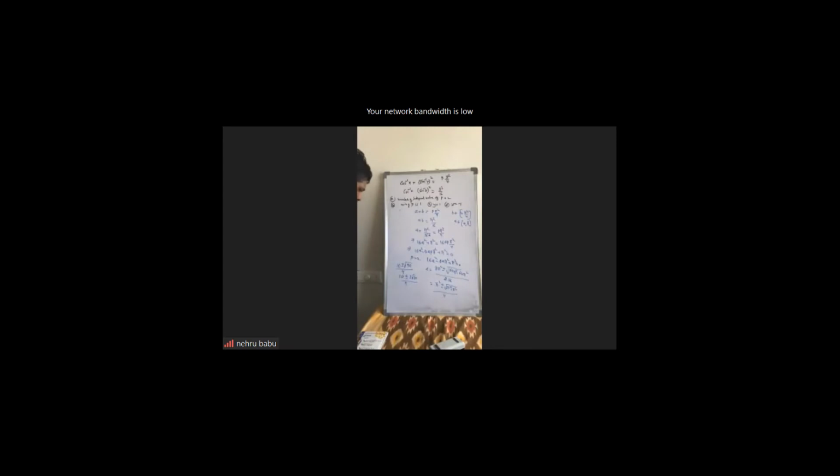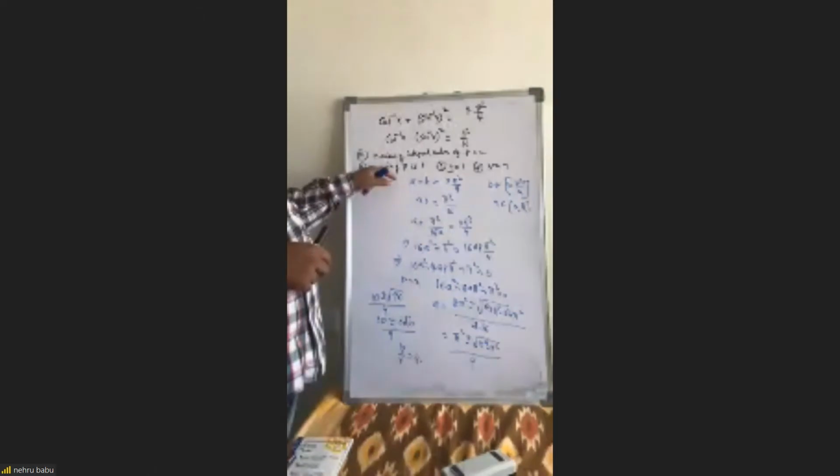So if you take the plus symbol here, what happened? 10 plus this root 10, also roughly assume as 3. So 10 plus 9, 19 by 4 is coming. 19 by 4 means 4 point something, which is outside of the range. So for A also not possible, for B also not possible. So P equal to 2 is not possible. But if you check P equal to 1, it's possible, right? So you can say the minimum value of P is 1 is correct, and the number of values of P is not 2, the number of values of P is 1 only.